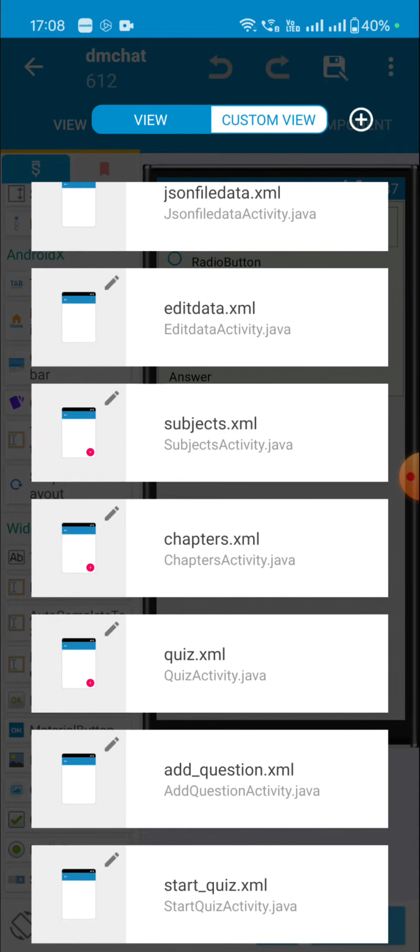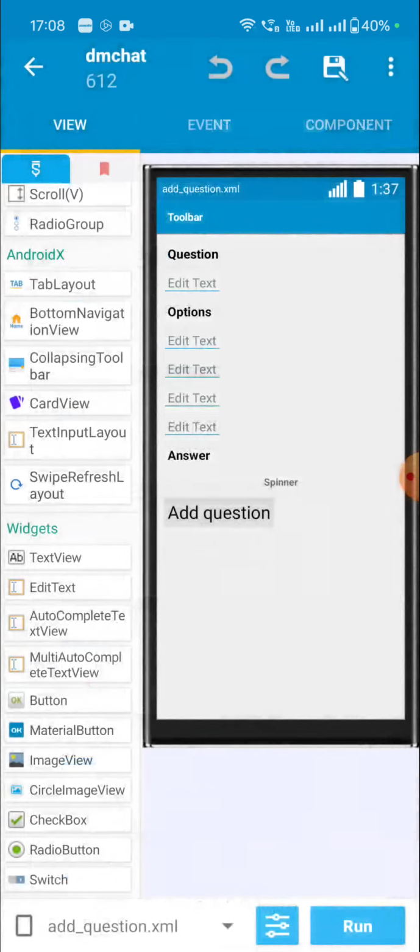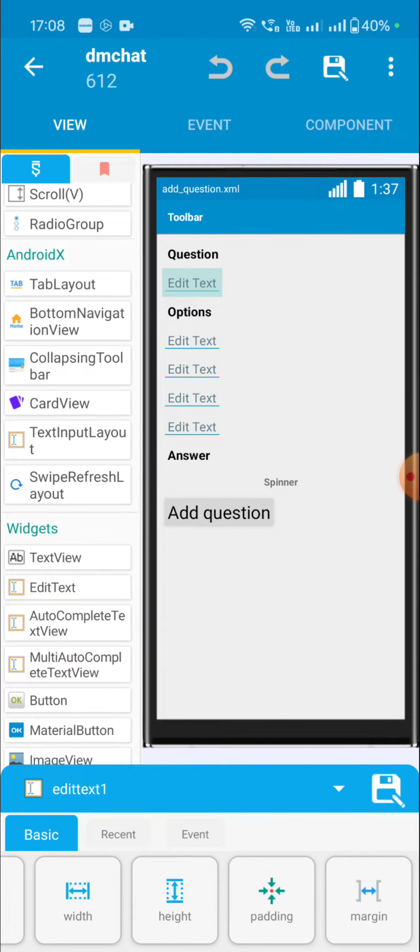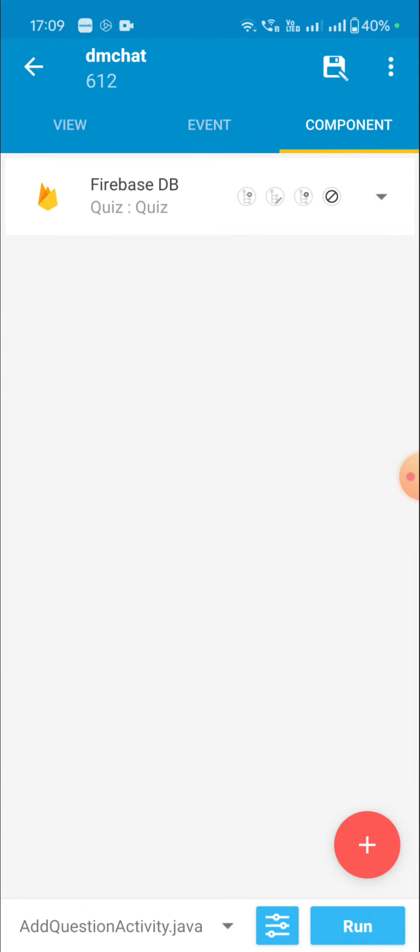In view we move to add question activity. So this activity contains these edit text 1, then edit text 2, 3, 4 and 5. All these are for entering the question and options, and spinner 1 is for selecting the answer, and then there is a button 1 for adding the question. So here also we set Firebase DB component quiz,